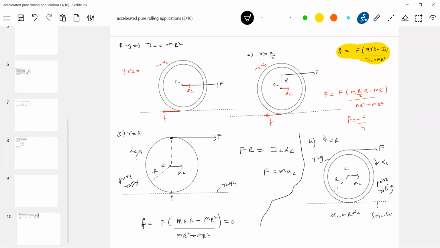This one? Okay, let me shift that. So now, though the surface is rough, at what point will friction be zero? Shall I call that a threshold point? Means at what point should I apply a force on the ring so that though it is kept on a rough surface, the frictional force will be zero. At the highest point you should apply force on the ring. That's what it's telling. Okay, let's analyze this particular situation for a disc.